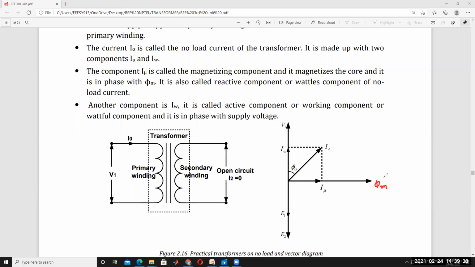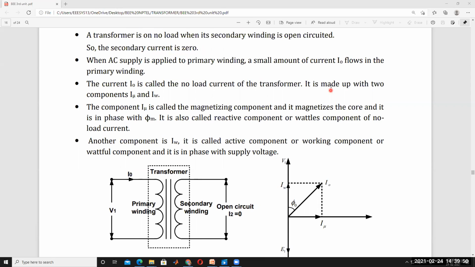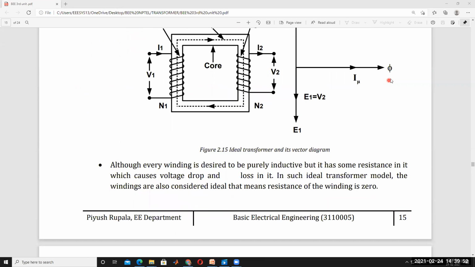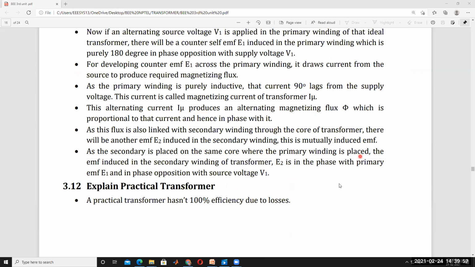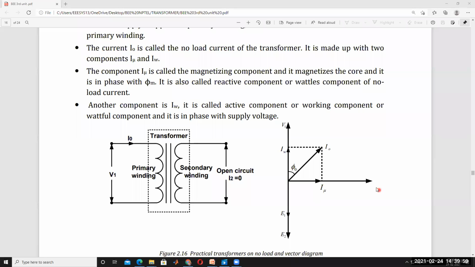This is called phi m, the magnetizing flux. That means the magnetizing component IMU and the magnetizing flux phi m are both in phase, same as in an ideal transformer. Practically also, the magnetizing component and magnetizing flux are both in phase. But